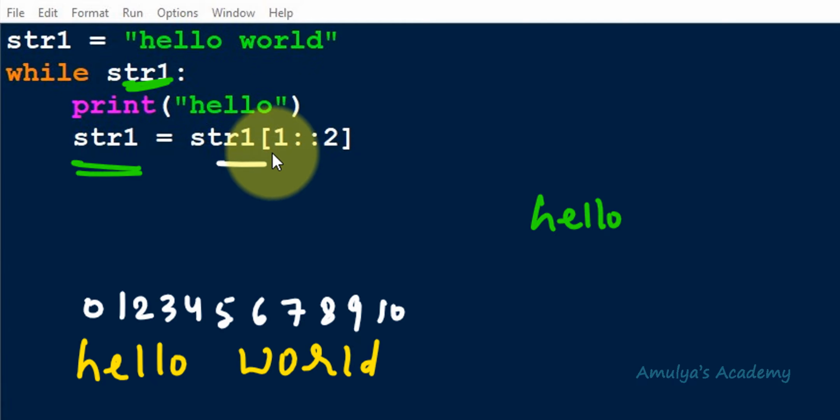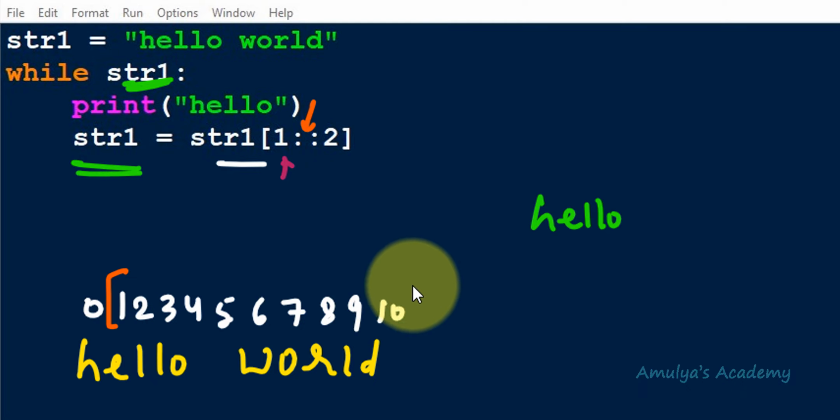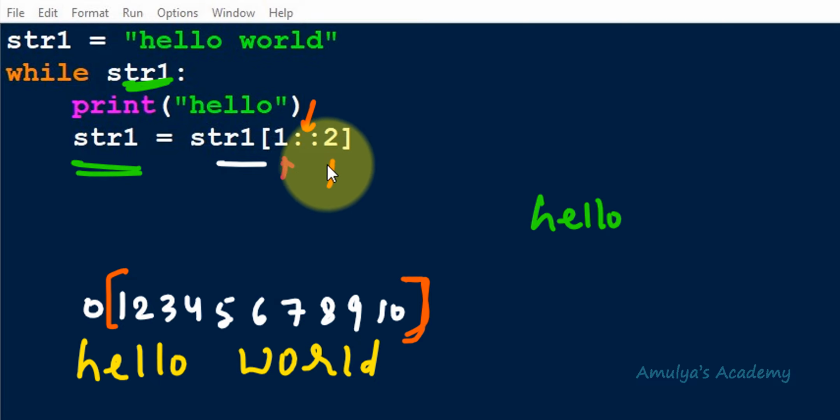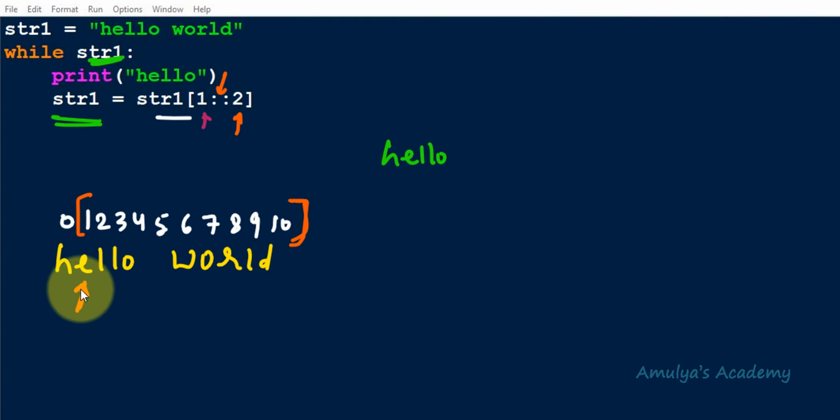So now here we can see we need to start from 1. So start from here, 1, and you need to take till the end, because we can't see an end value, that means take the string till the end. And here step is 2. That means the first character in the substring is E. So str1 becomes first E. Next, step is 2, so we add 1 plus 2, 3.